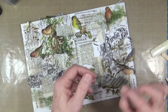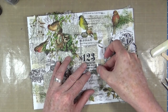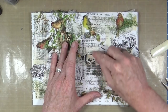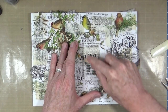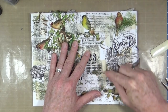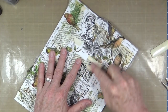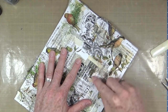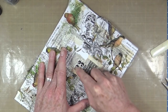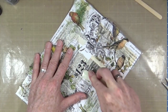So I can take the back off, and I can lay that down now, say for example there, and I'm not particularly bothered whether or not it all sticks, or some of it sticks, or bits of it stick. And I'm just going to give it a rub with the, we call them lolly sticks here in the UK, so popsicle stick or whatever you want to call it, tongue depressor, whatever. Just give it a rub. You can also use a bone folder to do it,